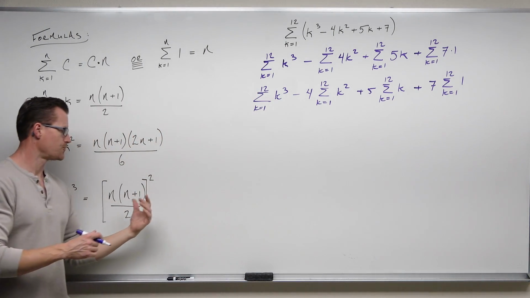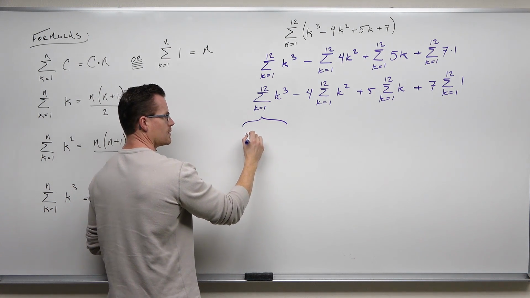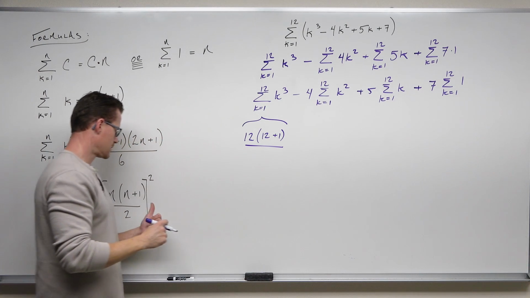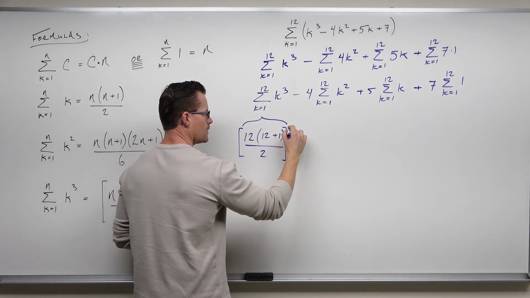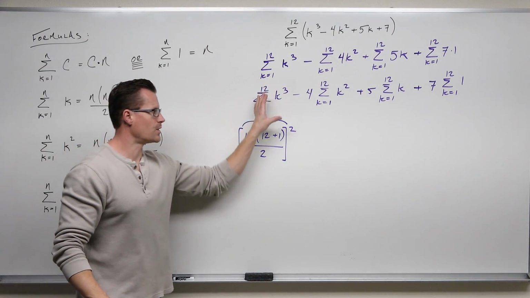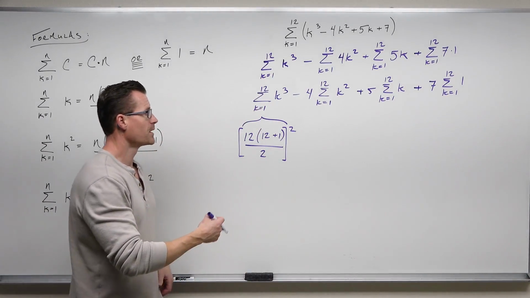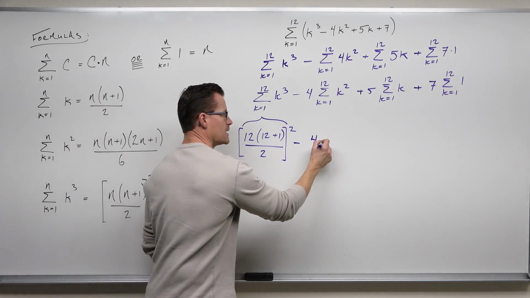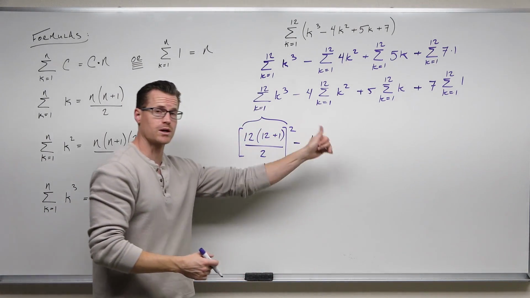So I'm going to apply this formula and say that this part is 12. 12 plus 1 over 2 squared. This is exactly what that should be. I should take my n, plug it in appropriately, and then we're going to do the math a little later. Minus 4 times, keep that 4, don't lose it. Remember, that's being multiplied by whatever you get out of this. This sum is represented in this expression that we're about to write,